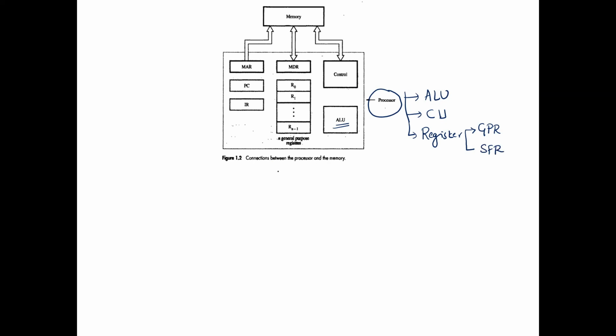Now, which type of computer have we taken? We have considered stored program computer. Now what is a stored program computer? It is a computer where the memory is shared between program and data. So we have a single memory, and this single memory is meant for storage of both the program as well as the data, right? Such type of computer, where the memory stores both program and data in a single memory, we call a stored program computer.